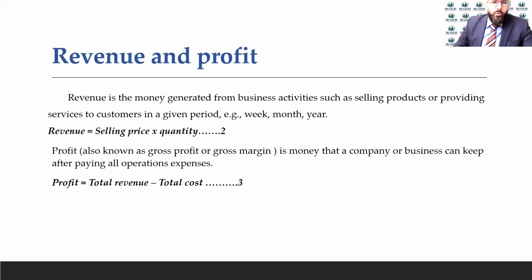All right, now we're talking about another thing related to the total cost. We're going to talk about revenue and profit. So what is revenue? Revenue is the money generated from business activities, such as selling products or providing a service in a specific period. So this is in the short term. These are the sales, how much you're selling per month, per year, per week, whatever period you're specifying. So revenue is equal to the selling price times the quantity. For example, if you sell 10 units and each unit would cost $10, so 10 times 10, that would be equal